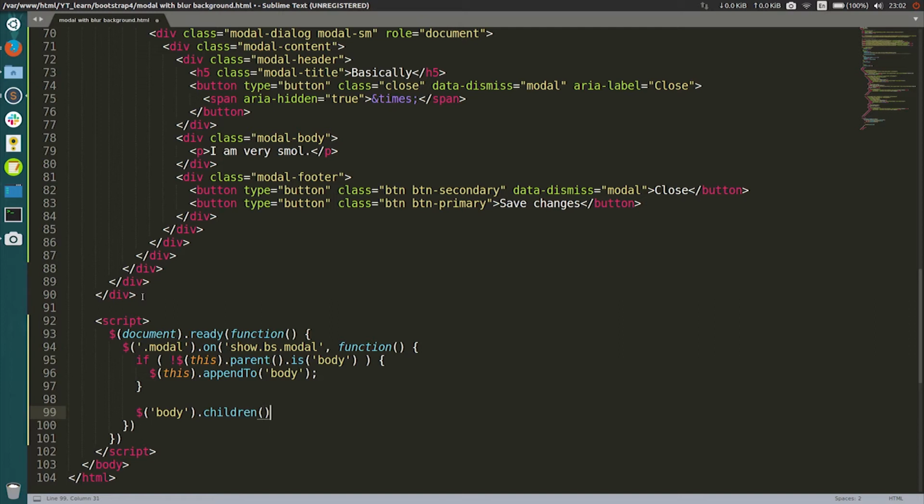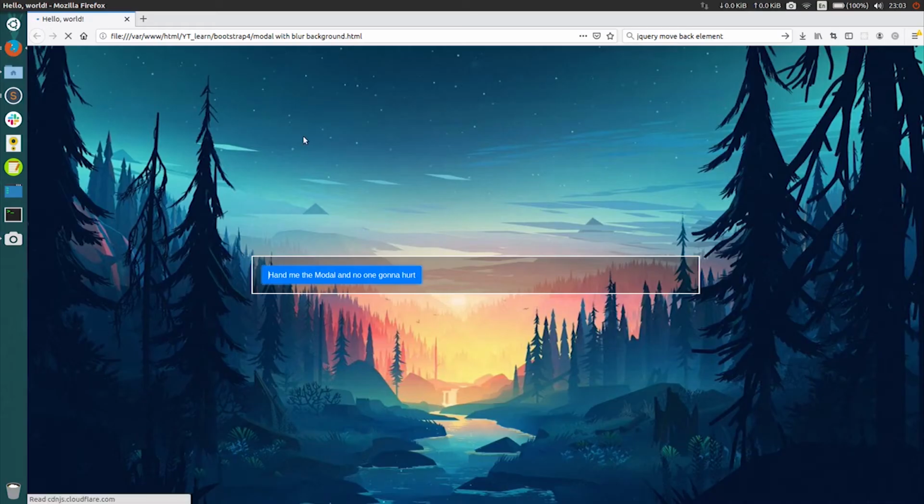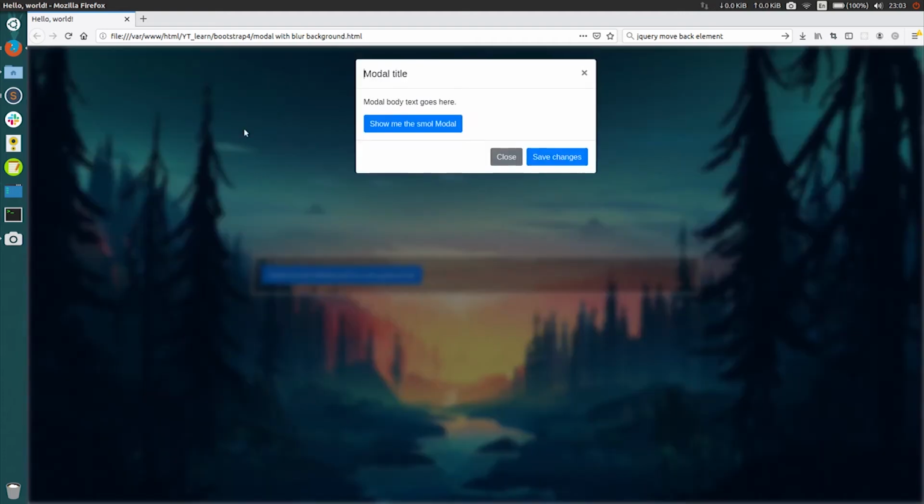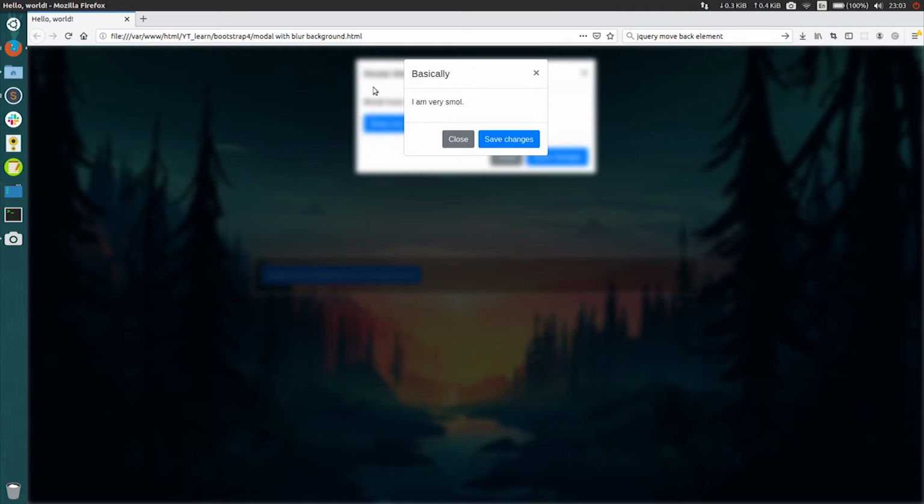but we don't want our modal to be blurred as well, so let's make it specific, not this, and add class blur. Let's save it and let's take a look. As you can see, this is a blur background, and we open the smaller modal as well. See the modal